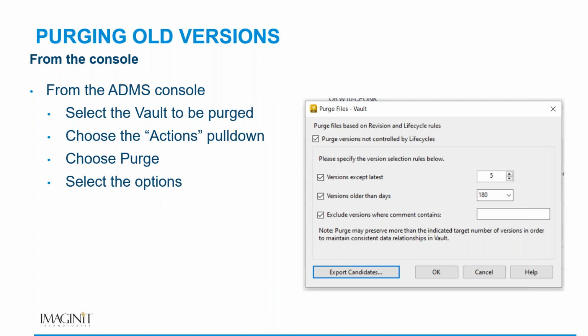Every time I check a file in, it creates a version and puts that in Vault. If I check the same file in 10 times, I get 10 versions. I may not need all of those versions, so I can control what I'm going to delete. Typically, the easiest way is to purge files based on revision and lifecycle rules. And if you're using Vault Pro, this will be your option. If you're using Vault Basic, you only have the option to do it